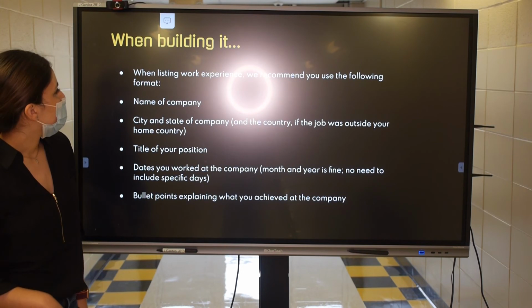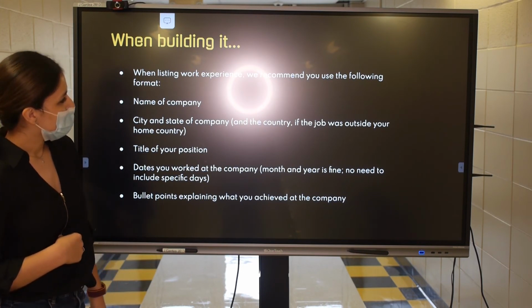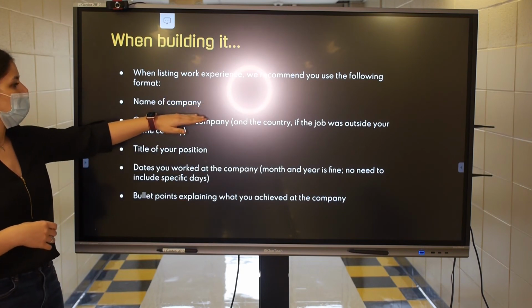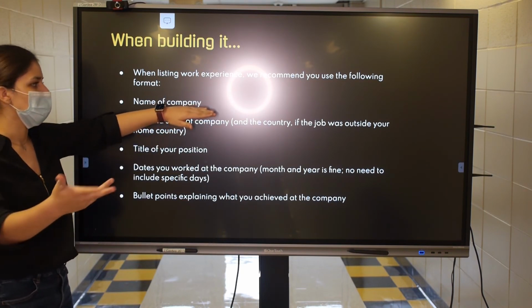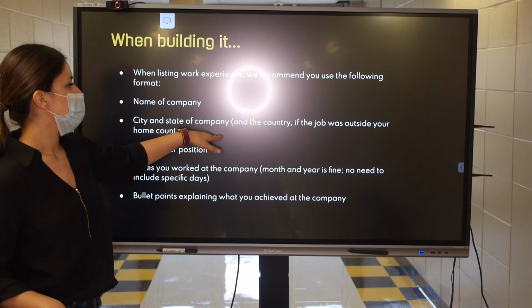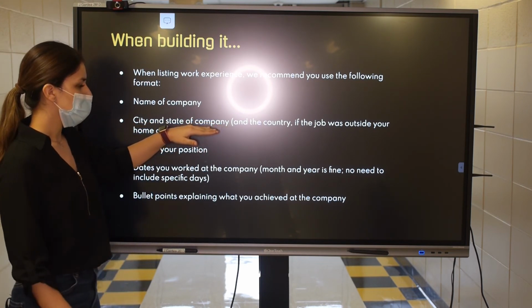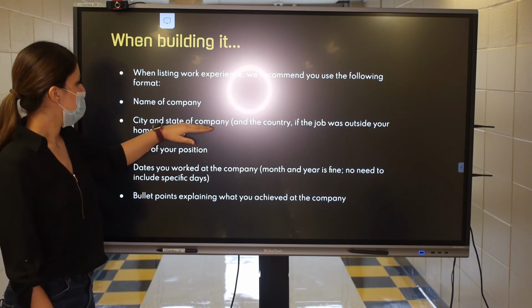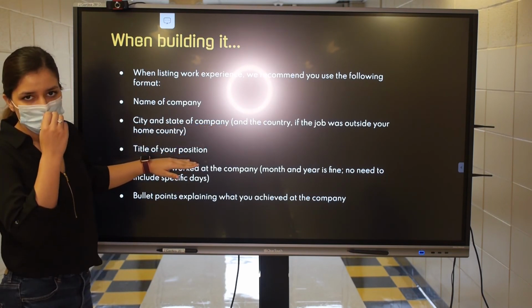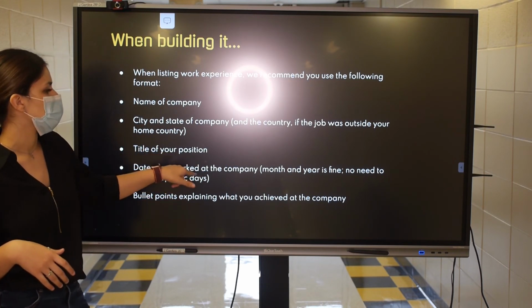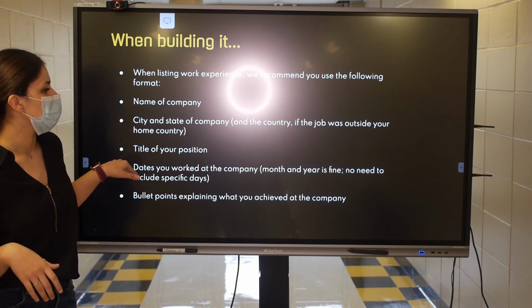When listing work experience, we recommend you use the following format. On the top will be the name of your company. So if it was Whataburger, it would be Whataburger. Then the city and state of the company, you'll figure that out. You just look it up, I'm sure it'll say on the site. Then the title of your position, so say you want to be a general manager, you just put that on the bottom. Then the dates you worked at the company,